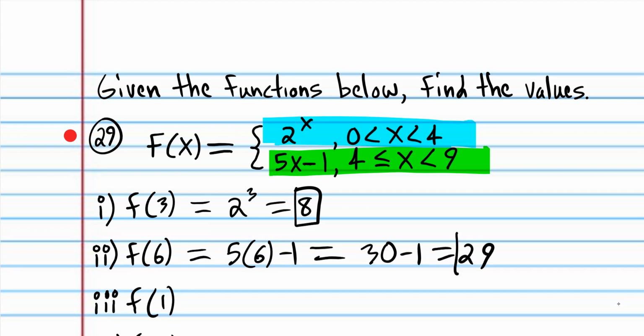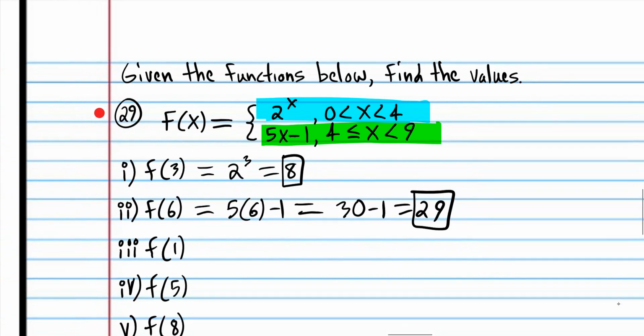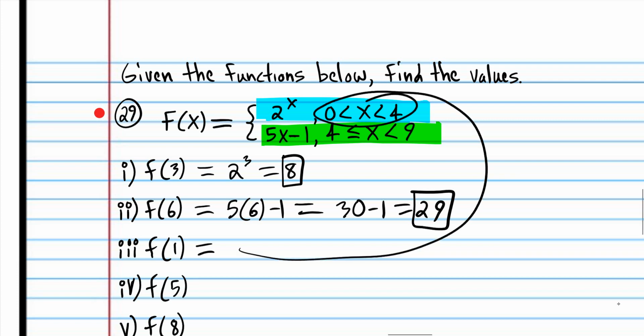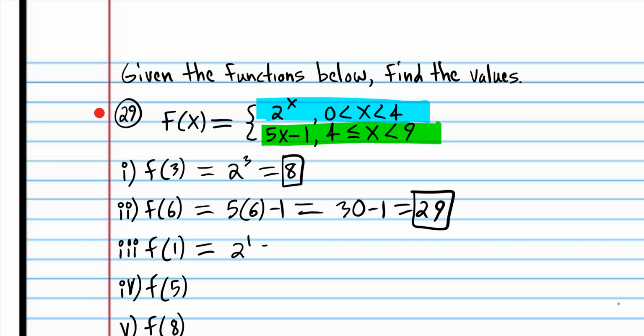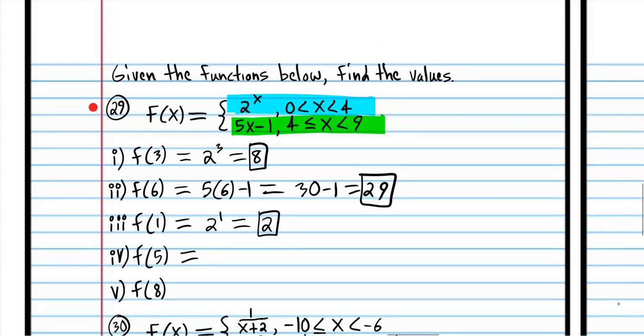So again, this is all review. These are things that we did in my intermediate algebra course. So now we're going to plug in 1. That's in this interval, so we know to use the blue expression. Now we're going to plug in 5. That's in this interval, so we know to use the green expression. 5 times 5 minus 1